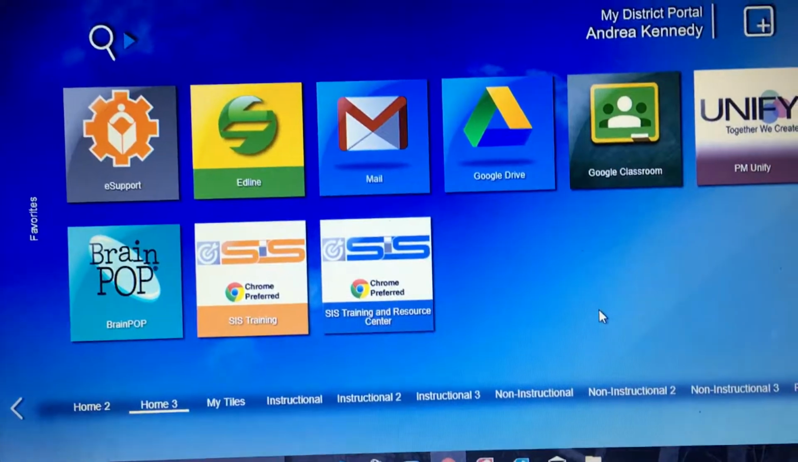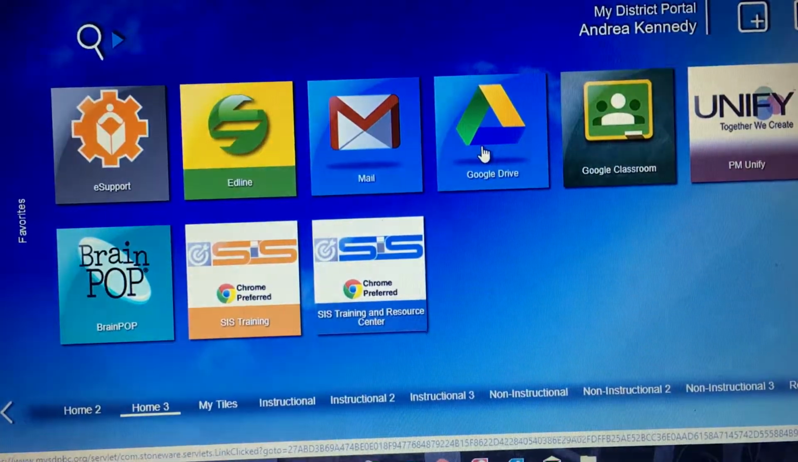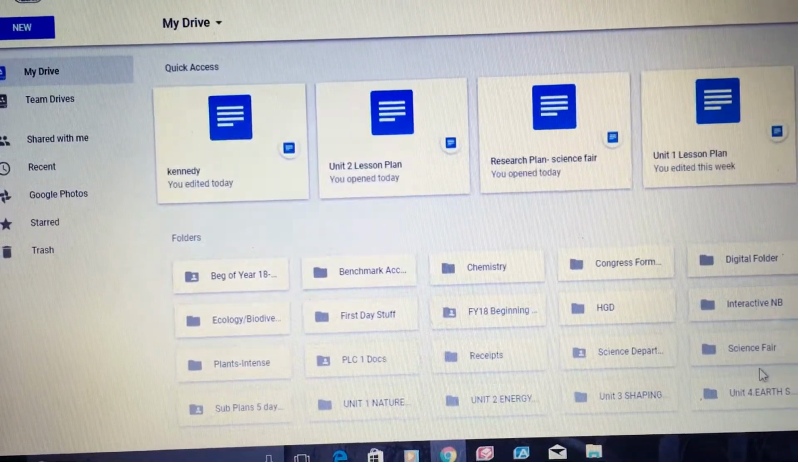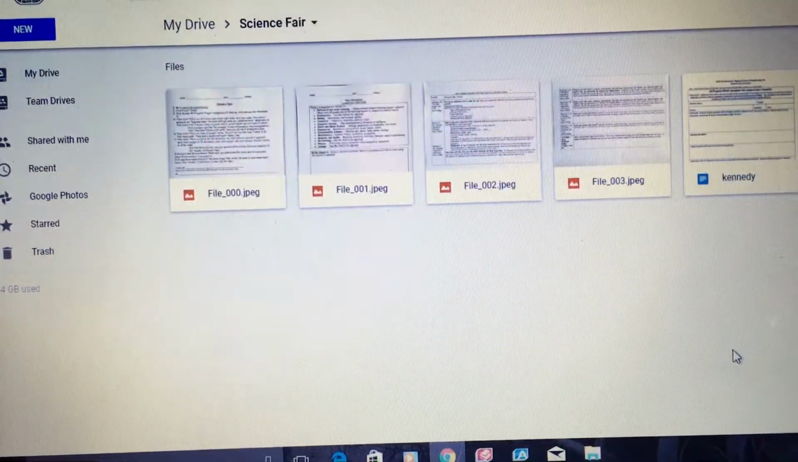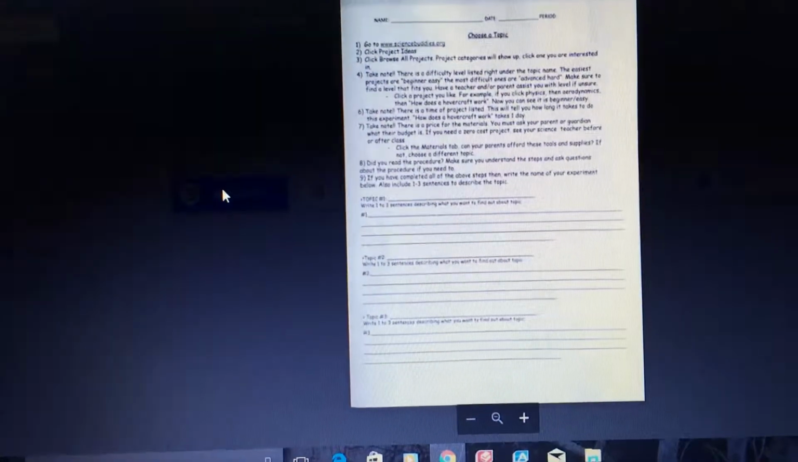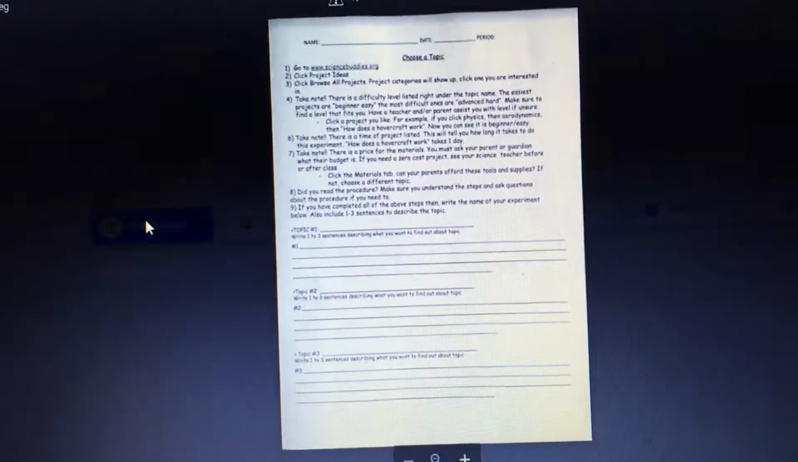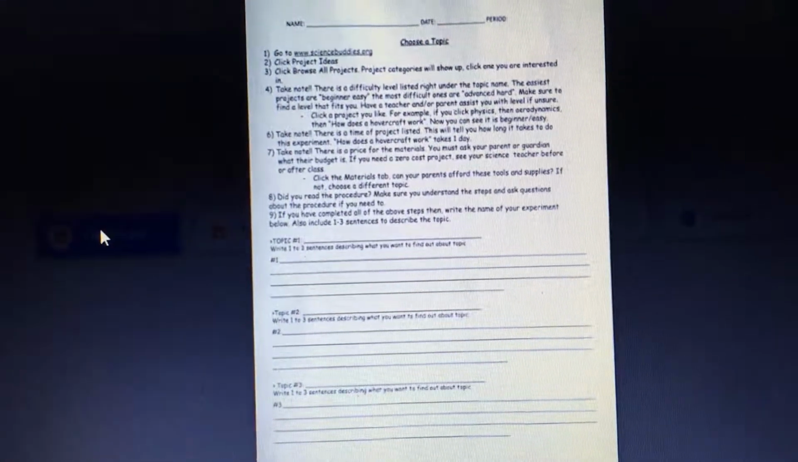So today we're going to do the science fair topic. I gave you a paper in class, and it was a front and a back page, and you had to choose your science fair topic. It looked like this, right? Everybody should remember that. And the first step tells you to go to